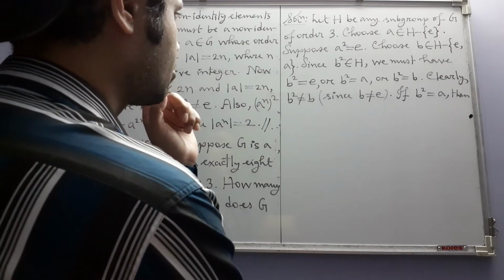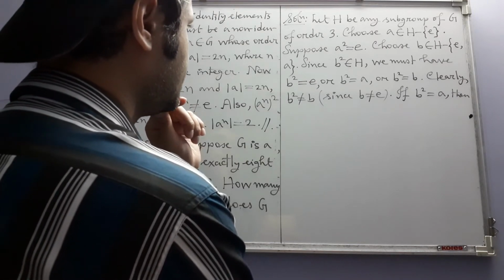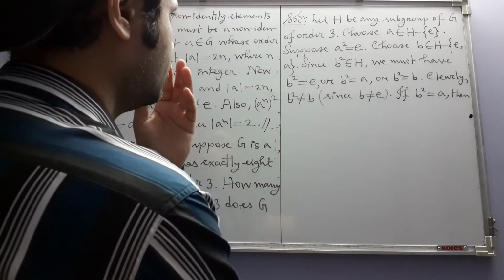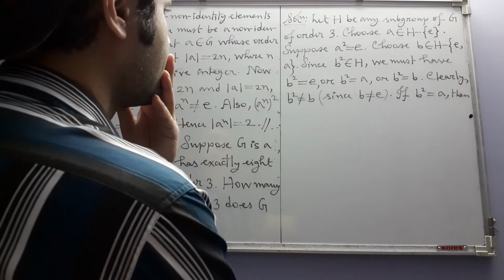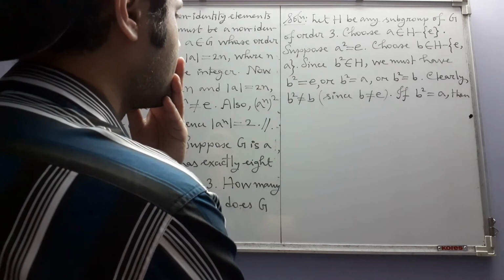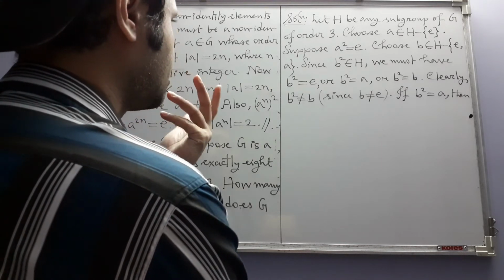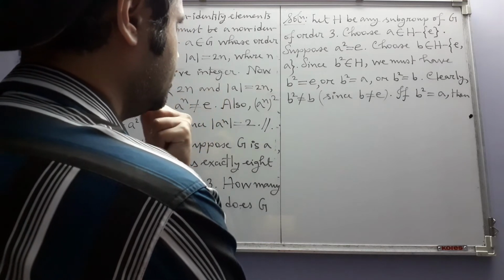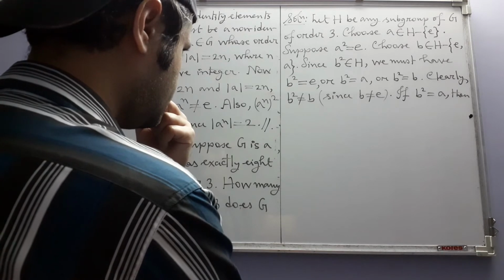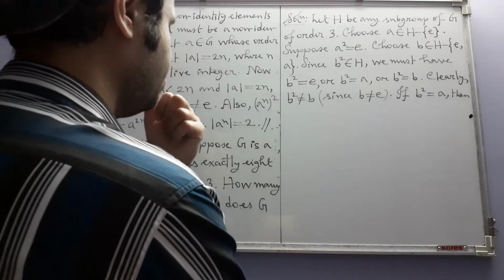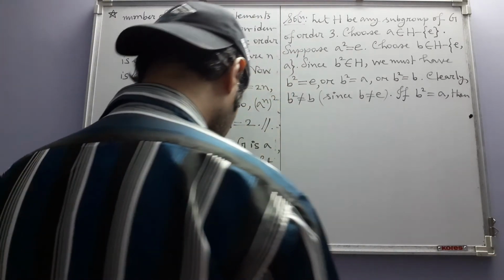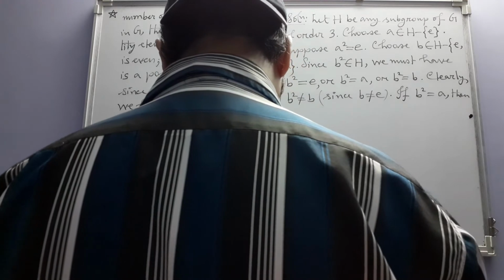If B square is equal to A, then what can possibly go wrong? B to the power 4 becomes identity. Okay, that means, does that give me anything useful? I thought about it, but then